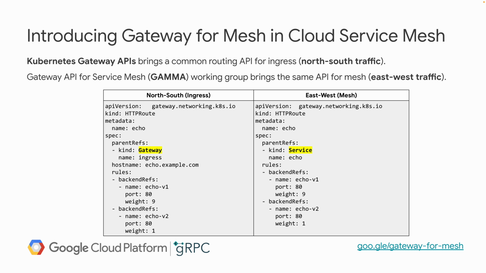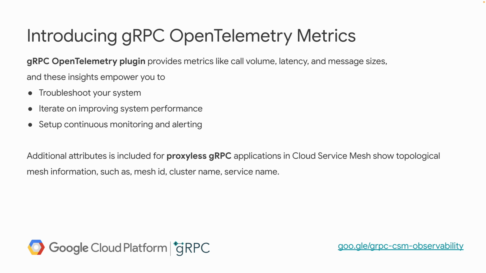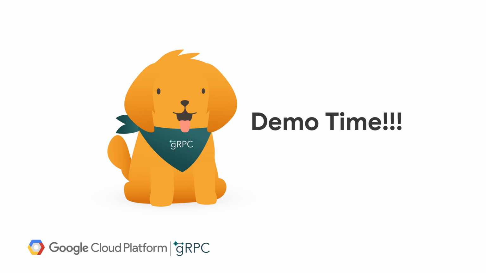gRPC OpenTelemetry metrics is another feature available for you, and it provides insights to help you understand systems' behavior and identify performance bottlenecks. For Proxyless gRPC in Cloud Service Mesh, additional mesh information is included in the metrics, such as mesh ID, cluster name, and service name. Now, let's take a look at the hands-on demo to get you started with Proxyless gRPC